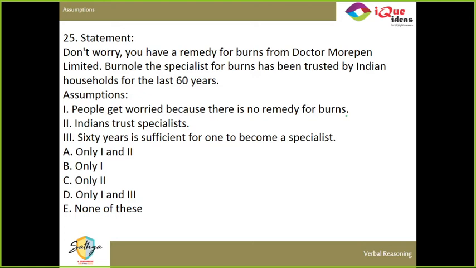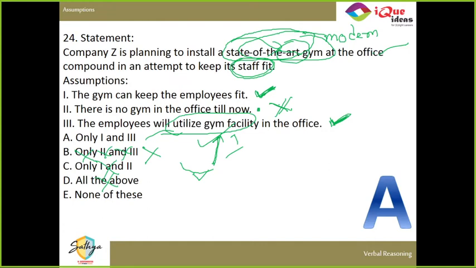Man, concept of advice in which question? The gym question? Are you talking about the gym question? No, it's not an advice. Who is giving an advice to whom? I'm going back to the previous question. Is anybody advising anybody here? Is this an advice given to somebody? No, nobody is giving anybody an advice. So you don't have to assume that people will follow or listen to the advice.